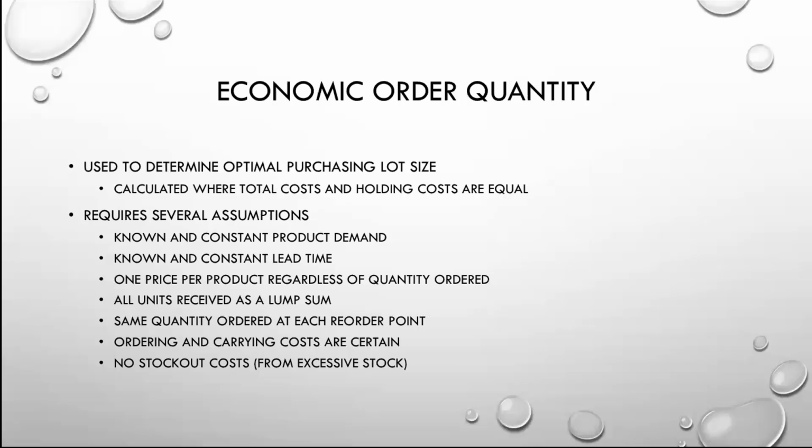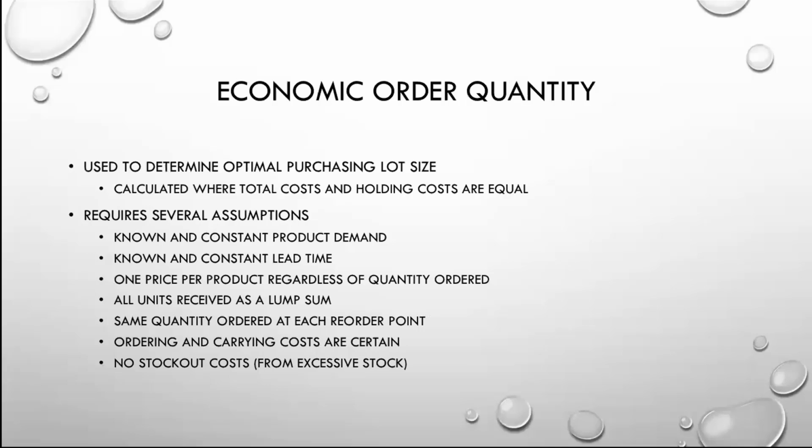So if your ordering costs change, your graph is going to shift right. All units received is a lump sum. Basically, it says that you receive all units at once. If you're the recipient of a demand spending strategy, and you receive them separately, then obviously the holding costs will change. So that's something that's important. Obviously, if you get different pricing based upon how many units you receive, both those lines on the graph will shift.